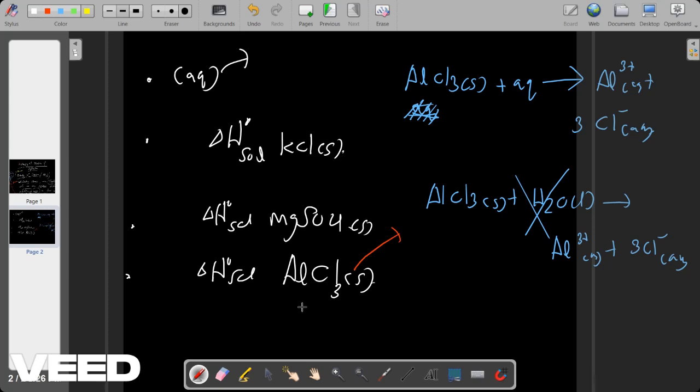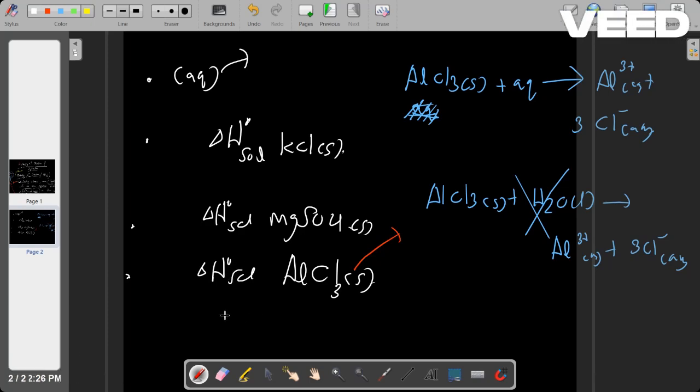And remember, standard enthalpy of solution. Now, enthalpy of solution can either be